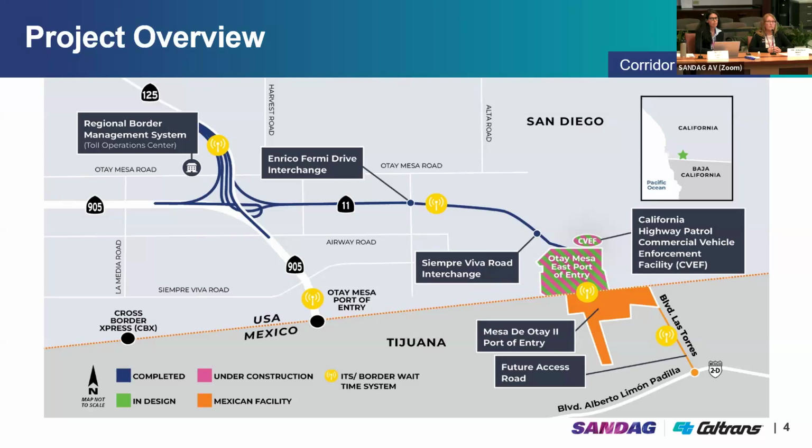What you see in pink and green are the Land Port of Entry and the CVEF. We recently were able to secure an agreement with the federal government to proceed past 30% design on that facility. 30% design has been completed, and we're getting ready to initiate final design. On the Mexican side of the border, you'll see their counterpart facility, Mesa de Otay Dos, and their access road, Boulevard de los Torres. And both of those projects are currently under construction and expected to be finished later